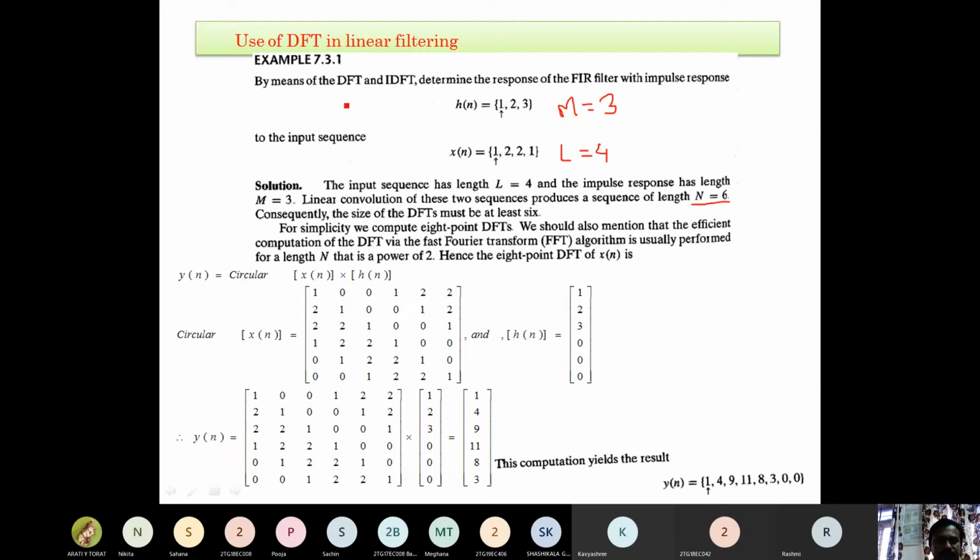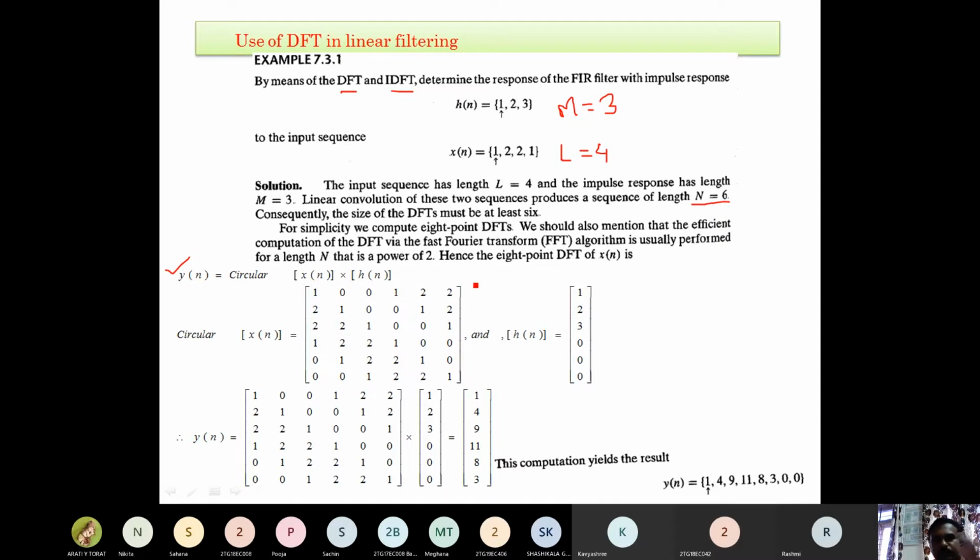Okay, now go for this one. But here they are asking DFT and IDFT. Means what? How we need to perform this one? We need to first take X of k, DFT of x of n, and DFT of h of n, and perform multiplication of these two, and then perform IDFT. Okay, so these things we have done in the previous example. Then go for here. So how to get the immediate answer? Okay, so that is done with this hint.